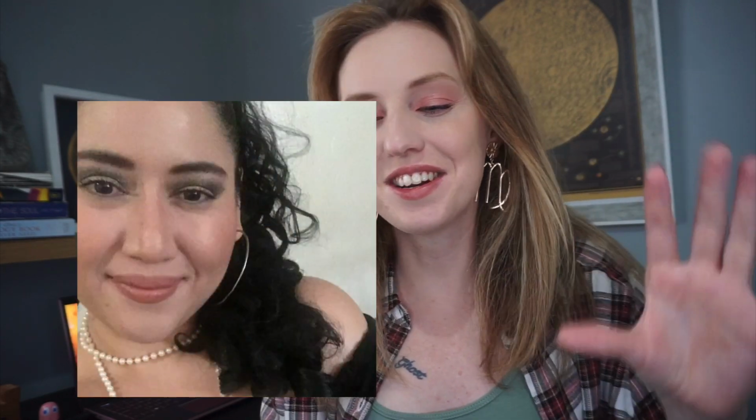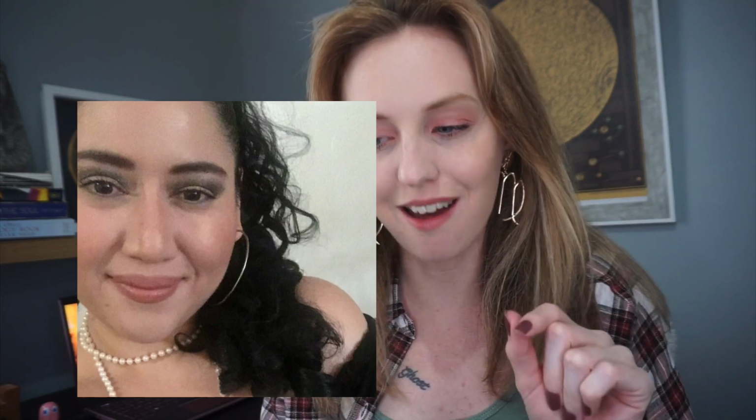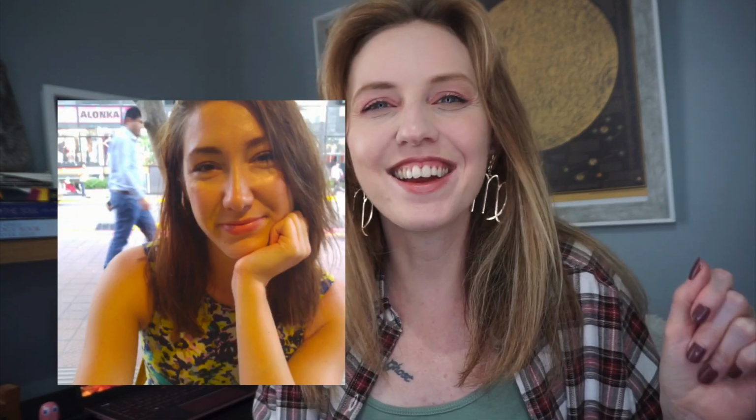Alright, so moving along here, another feature of the Gemini risings that I want to mention that can be viewed as physically attractive are their squishy cheeks. Seriously, when these people smile, their cheeks can appear so spongy and soft. They're the types of cheeks that just make you want to reach out and grab them, that kind of way. And I think their cheeks add to their cuteness as well,